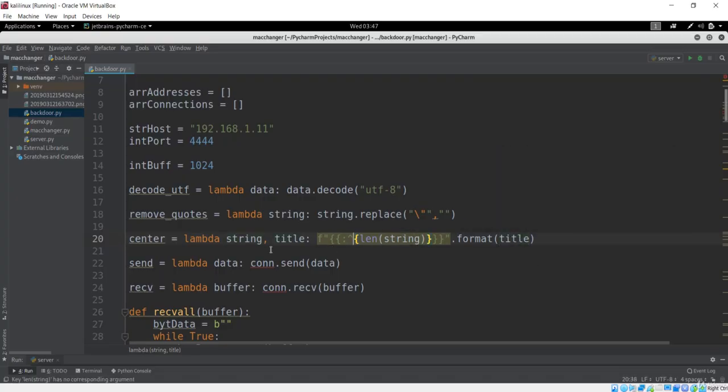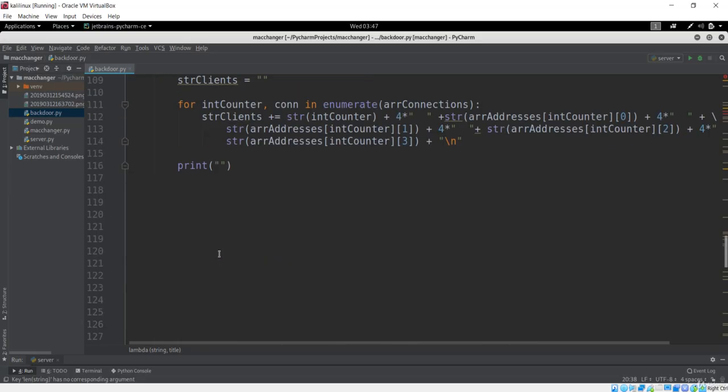So this is the way to just center your title. So let's go back to our print, and now let's add our statement that will just give us information about the IP addresses and the PC name, port name over here. So let me just say something that is a new line should be given, and the first thing I want to give the information to the user is about ID.